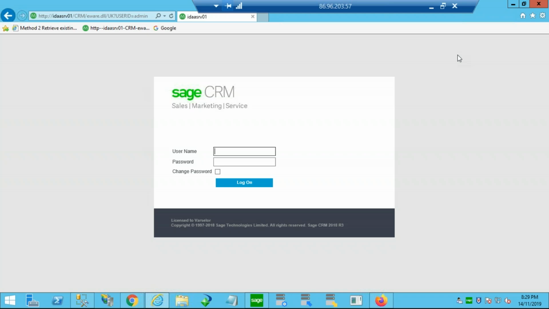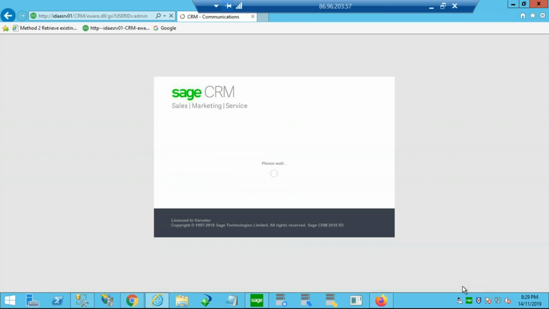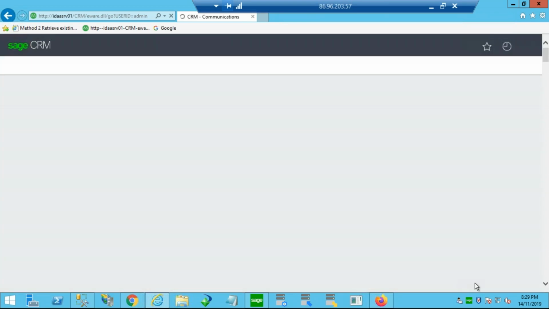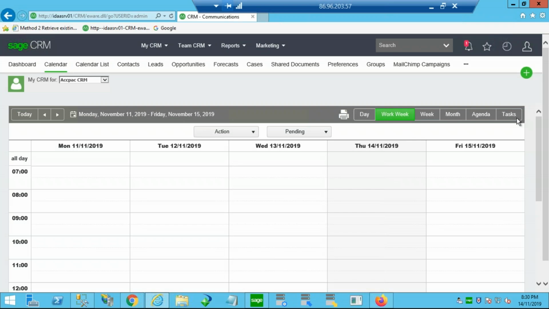So we'll create a workflow between the CRM module. Once you log into the CRM,